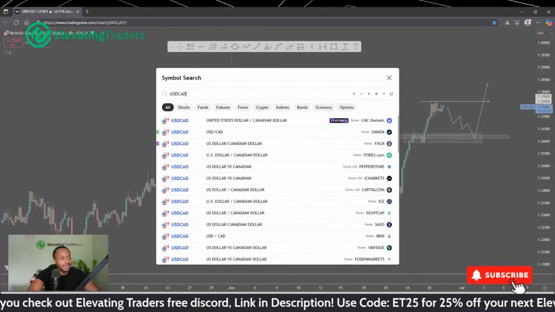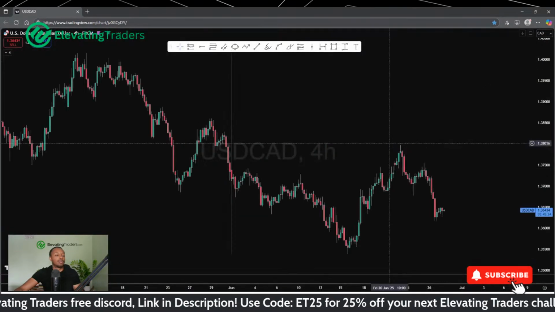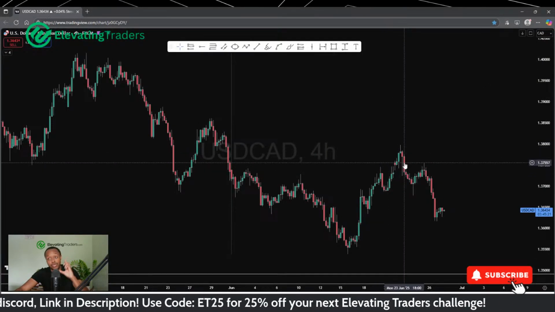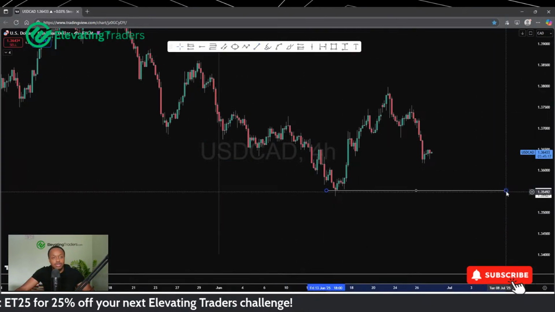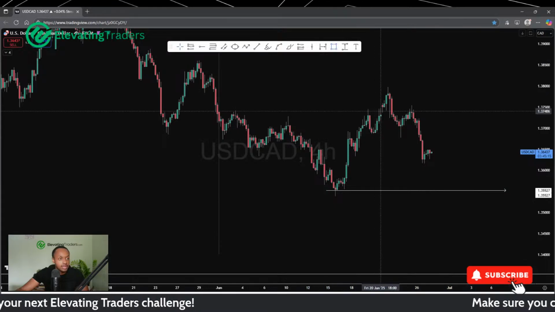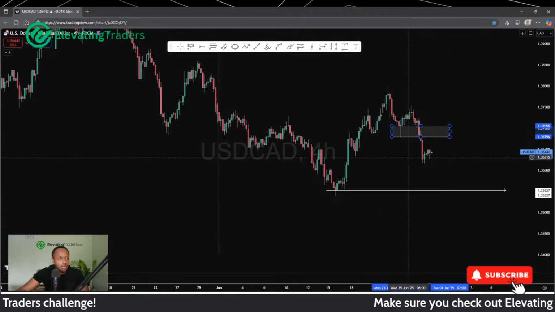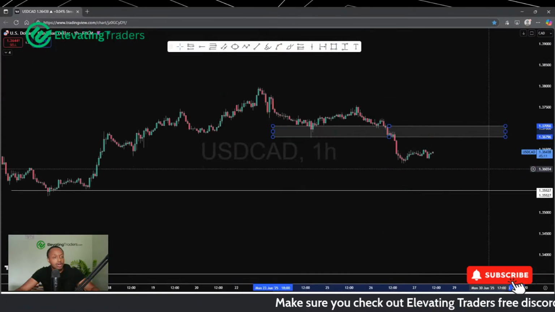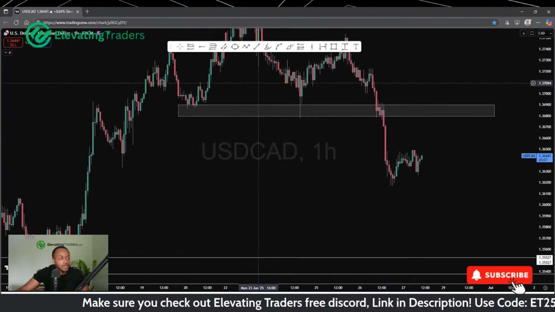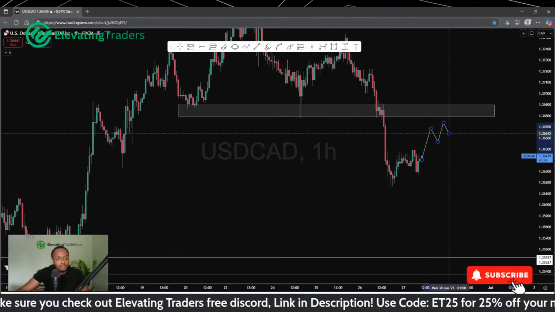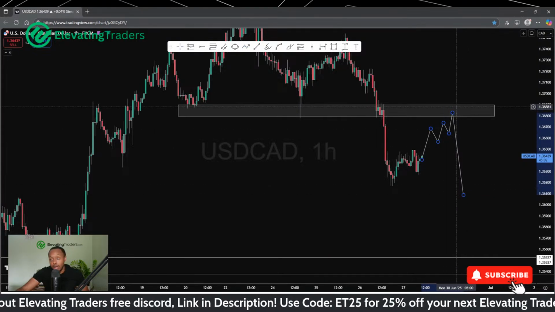In terms of dollar CAD, this one's been pretty bearish. No kind of pullback for dollar CAD so far, but I'm not going to write that off. I still do think dollar CAD can make a push back to the lows here at 1.355. There's, of course, support we've just broken through. In fact, if I go to the hourly chart, I can see it a bit better. So we've got support which we just broke through, and if we can see a retest of that, I think that's a smart place for a short.